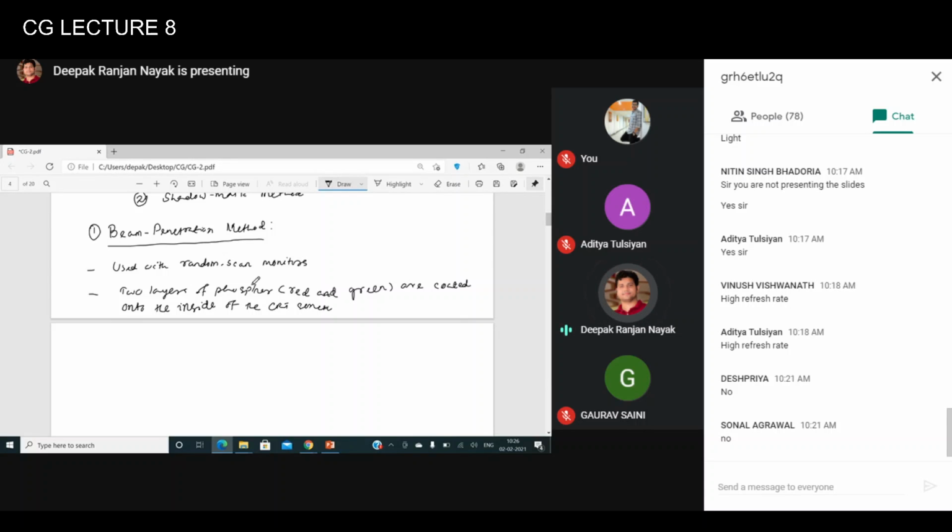Fine. So two layers of phosphors, usually red and green.